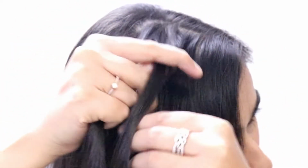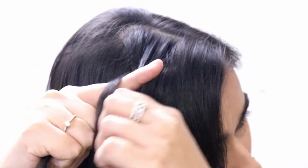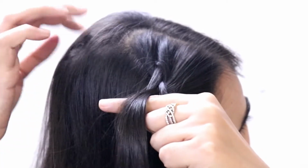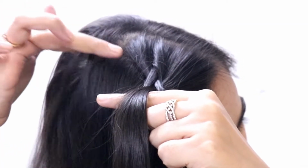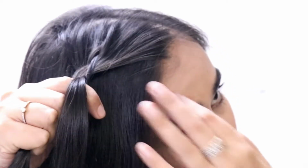divide into further 3 sections, and the right section goes under the middle section, then the left goes under the middle section, and as you repeat the steps you add more hair to the side sections. And I do have a complete detailed tutorial on Dutch braid, so you can check that out if you have